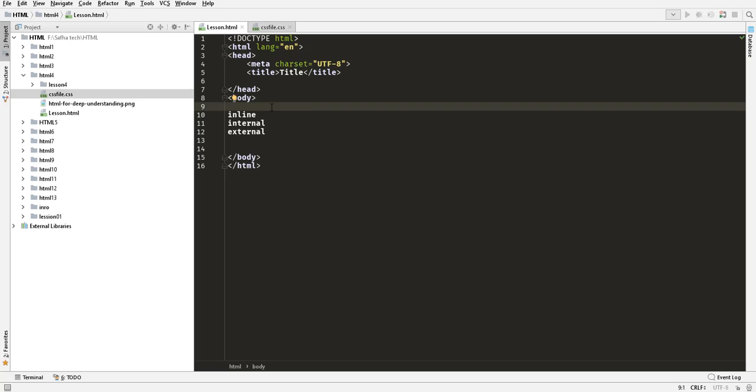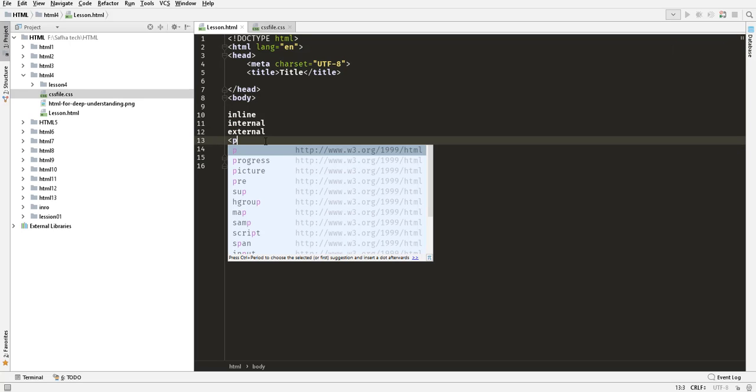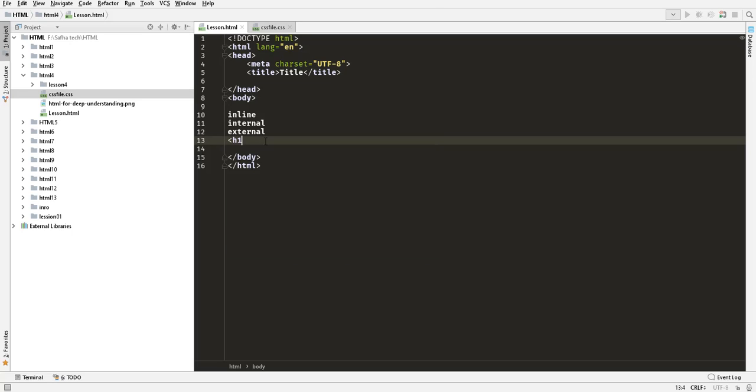We have three types of using CSS in HTML: the inline, the internal, and the external. How could we use them? We will start with the inline. First of all, we will add a paragraph. I will call this paragraph, for example, with H1. I will say this is inline